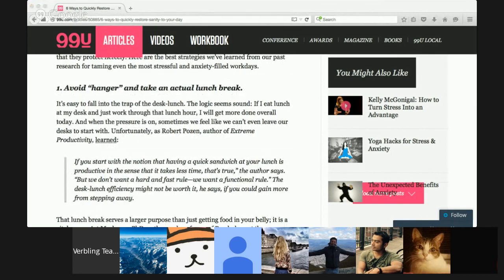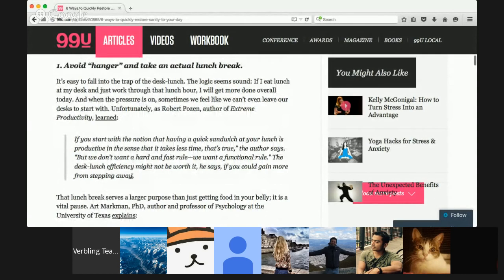Yes. Avoid hunger and take an actual lunch break. It's easy to fall into the trap of the desk lunch. The logic seems sound. If I eat lunch at my desk and just work through that lunch hour, I'll get more done overall today. And when the pressure is on, sometimes we feel like we can't even leave our desk to start with. Unfortunately, as Robert Pozen, author of Extreme Productivity, learned,